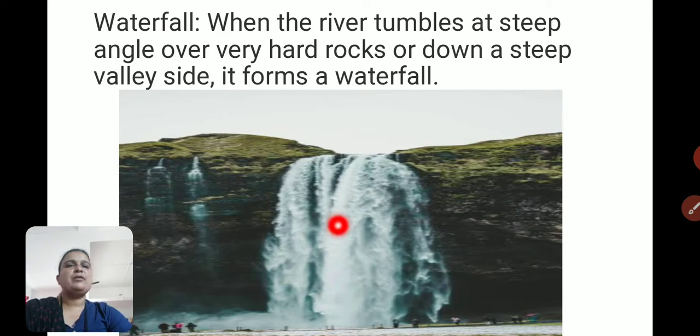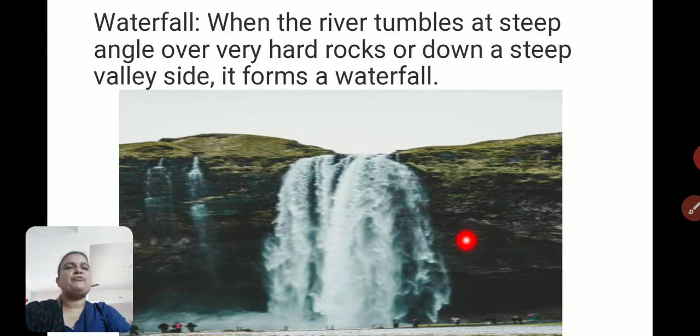You can see in this image, a waterfall means water falling from a high to a lower part. When the river tumbles at a steep angle over very hard rock or down a steep valley side, it forms a waterfall. You can see here the upper rock is hard rock, and water falls from there, but the water does not connect to the lower surface because that rock is quite softer.